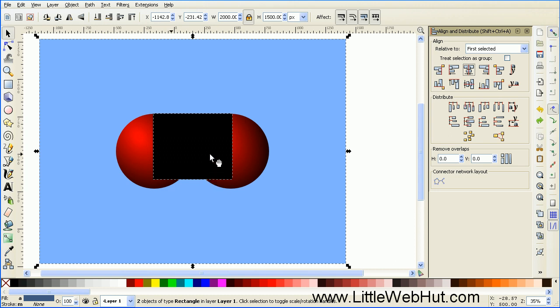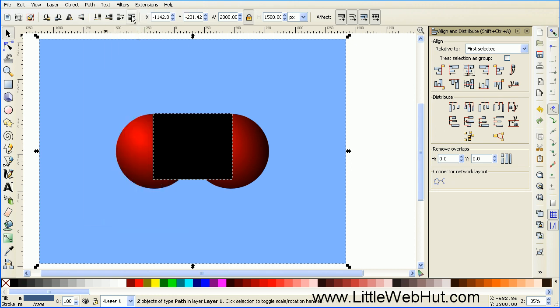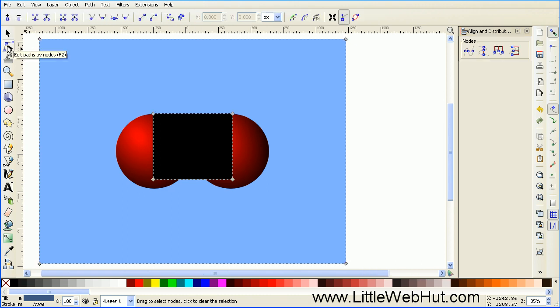And now we're going to change the shape of this rectangle using the Paths tool. But first we need to convert this rectangle into a path. And we can do that by going to the Path menu and selecting Object to Path. And now we can press on the Paths tool here, and you'll see that we have 4 nodes, one for